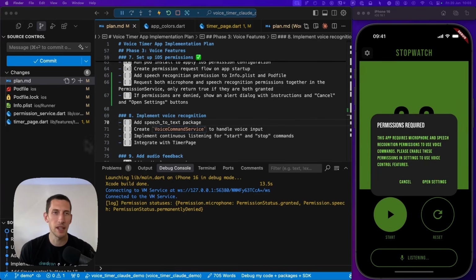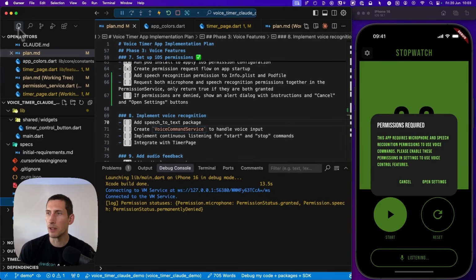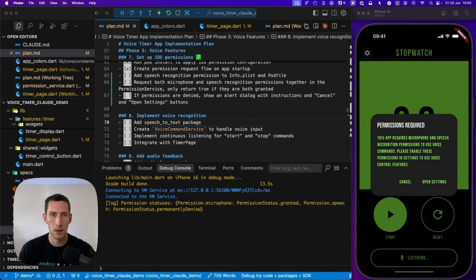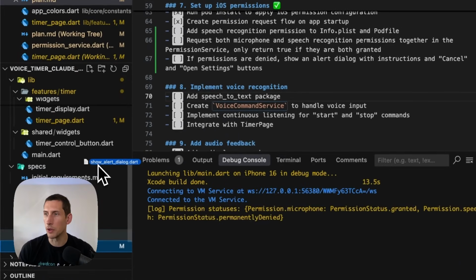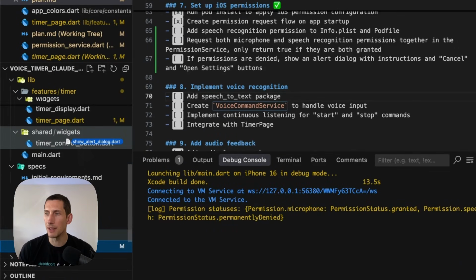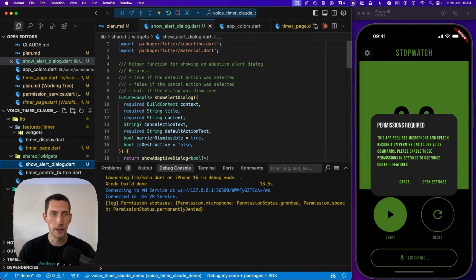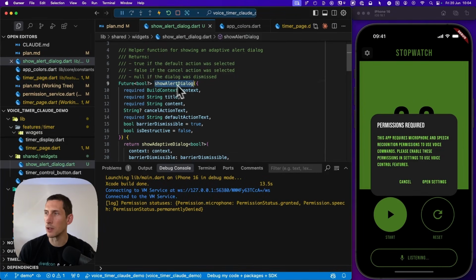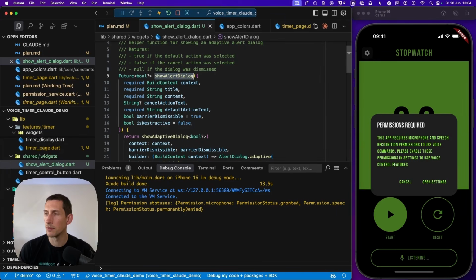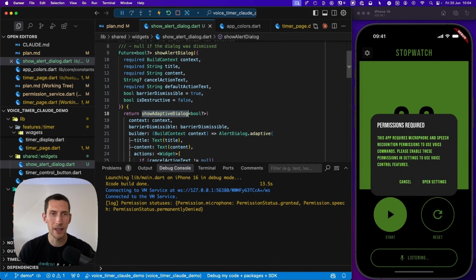And this is something that I've done so many times in the past that I already have a helper file that I can use. So let me go ahead and open the file explorer. And then I'm going to take my file, which is called show alert dialog, and I'm going to drop it inside the widgets folder, like this. And under the hood, this file contains a show alert dialog helper function, which uses the built-in show adaptive dialog